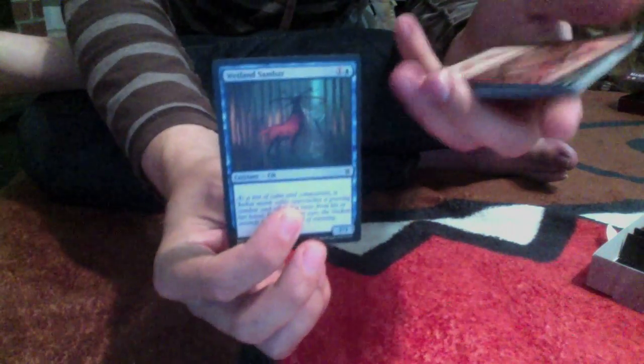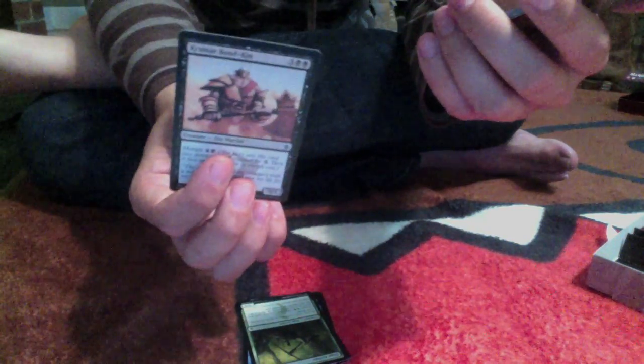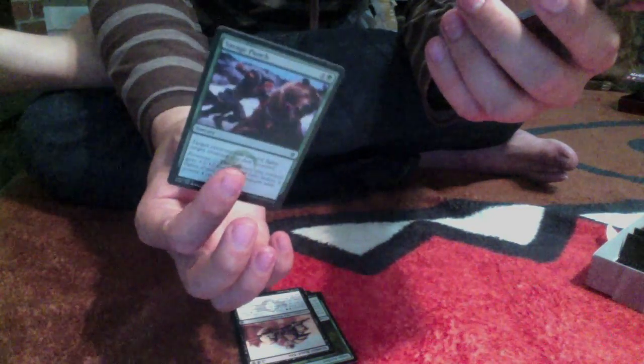Keeping it going with our Wetland Samvar, a Valley Dasher, Firehoof Cavalry, a Monastery Flock, Seju Archer, Krumar Bondkin, needs a foil Savage Punch, Sidisi's Pet, which we will likely be using, Lens of Clarity,